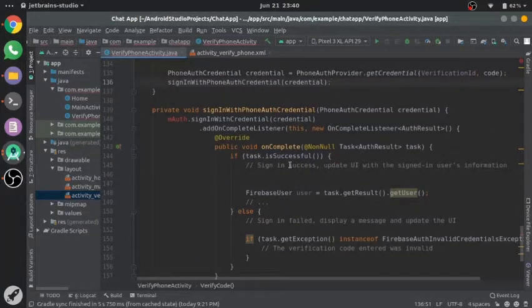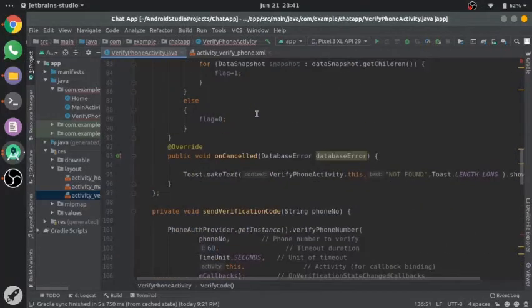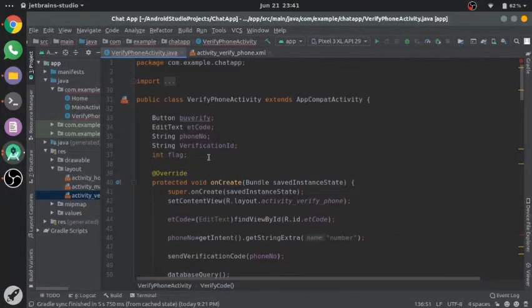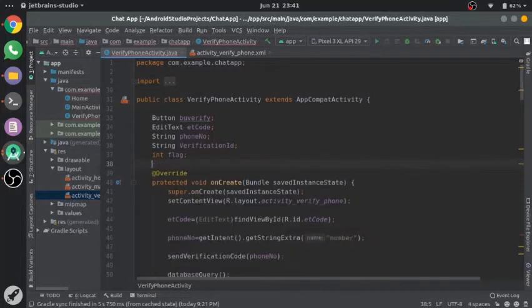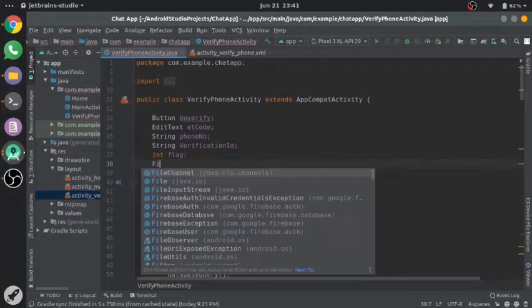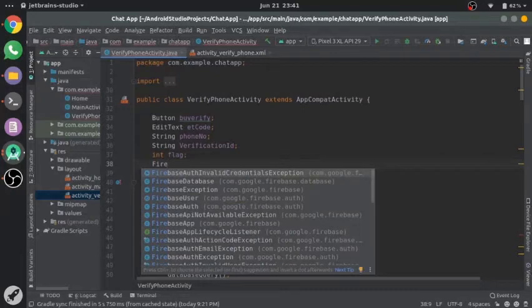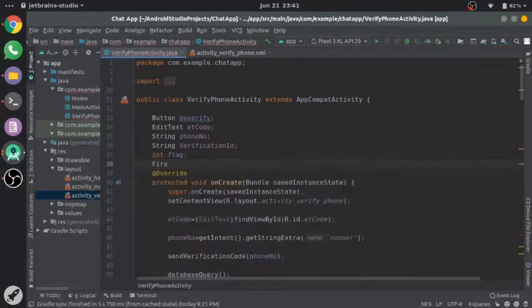Mauth. Let's create the object of Firebase auth here. Firebase auth mauth.